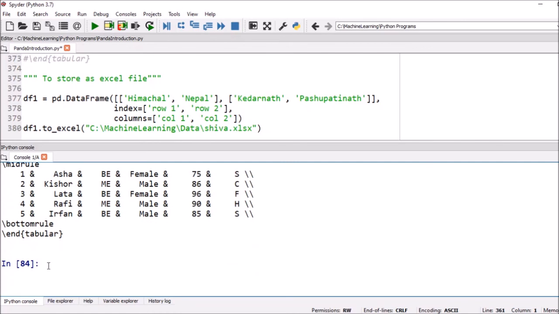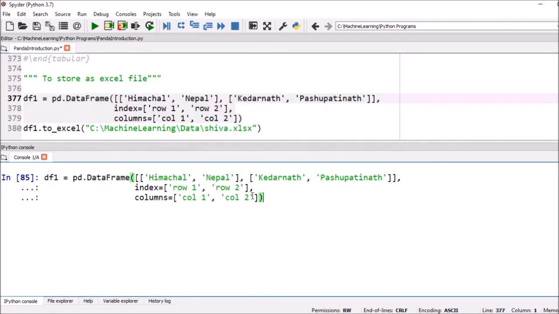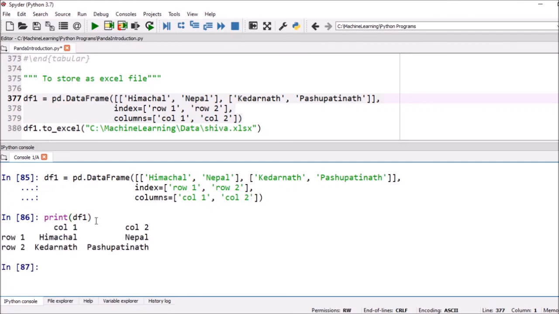Next we can see a few more instructions quickly. Suppose we want to store as an Excel file. Suppose we have to create some data file and we want to print it. It is say df1. Now two columns are there, column 1 and column 2, row 1 and row 2 are there, and Himachal, Nepal, Kedarnath and Pashupatinath.